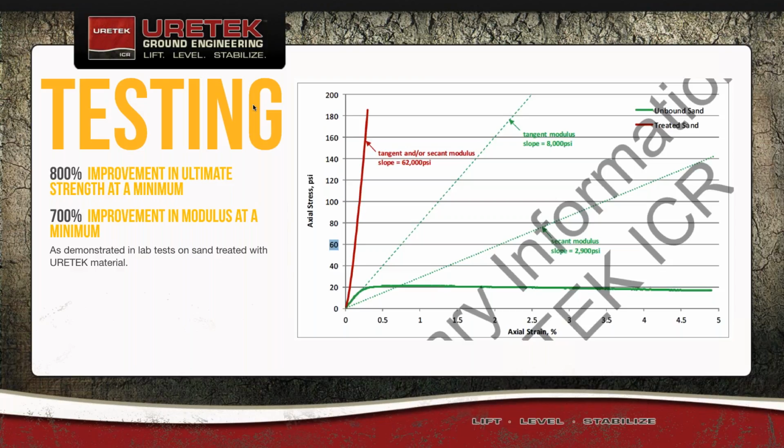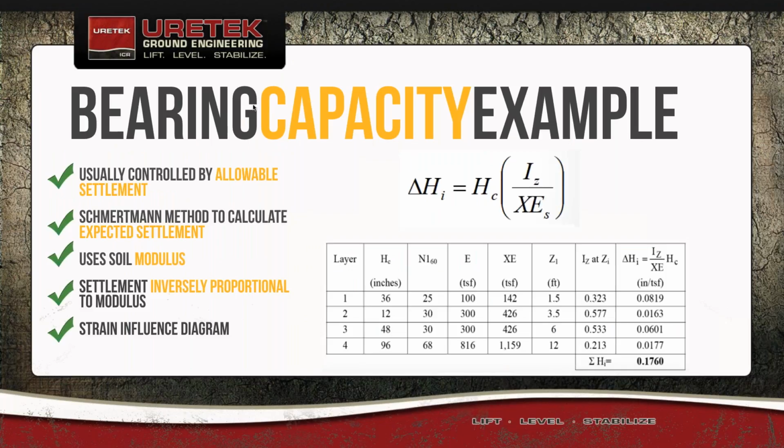We've done testing on sand, on granular soils, to show that post-injection, URETEK soil modulus will increase by 700% at a minimum, depending on the existing soil conditions. So we can get that soil modulus from 2,900 psi to 62,000 psi, and that is the primary soil property that's used to calculate settlement in the Klentzman method. You can see here that E sub s in that calculation is going to be your modulus. So we can increase that modulus in order to decrease your delta H, the settlement, for a given load. Increase that modulus, decrease the settlement for a given load, which means if you decrease the settlement for a given load,